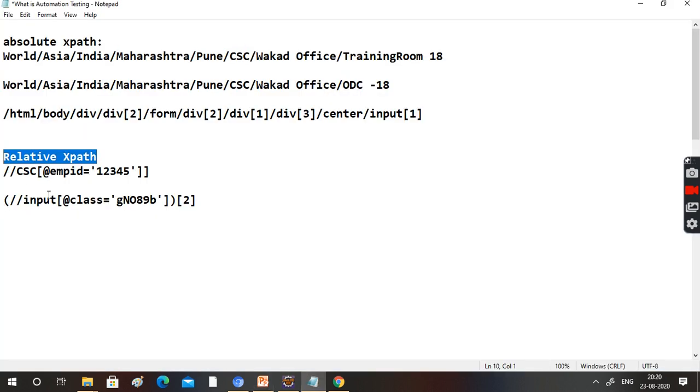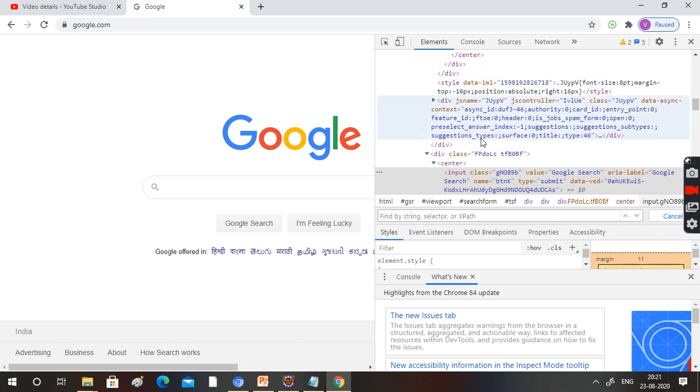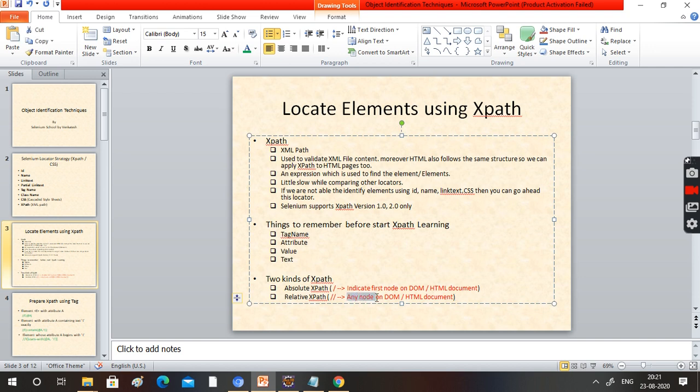Okay, so what does it mean actually? The double forward slash is indicating any node in the DOM. DOM means this is a DOM, or we can say it's the HTML elements also. The HTML document we can say is a DOM also. So to indicate any node in the DOM or HTML element we need to use double forward slash.